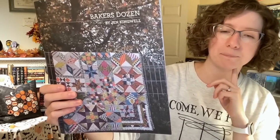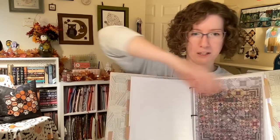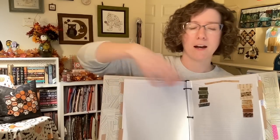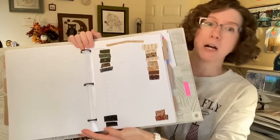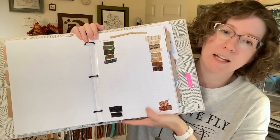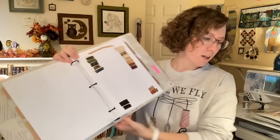I started Baker's Dozen, which I don't have a full palette sheet yet to show you. In my binders, let me find one that actually has one. Well, I'll just show you. I have my flexible sticky tabs and my cover sheet, the picture of the project, Baker's Dozen, and then I have my personal color palette. This one is scrappy enough. I'm working from a pre-chosen bucket of colors that fits my palette. But as I use new fabrics, I will add them to my color sheet. So it's not a full display of what will be used yet, but I'm doing this one out of 1800s prints